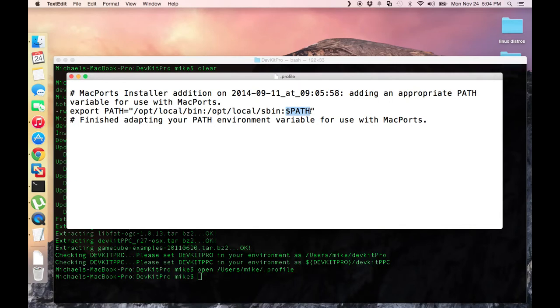And what it's saying is set the variable path to this string, and also add what's already currently in path, the value of path currently. And so path will now have this /opt/local/bin, /opt/local/sbin, plus whatever the system setup path to have. But what we're going to go ahead and do is add in our DevKitPro and our DevKitPPC